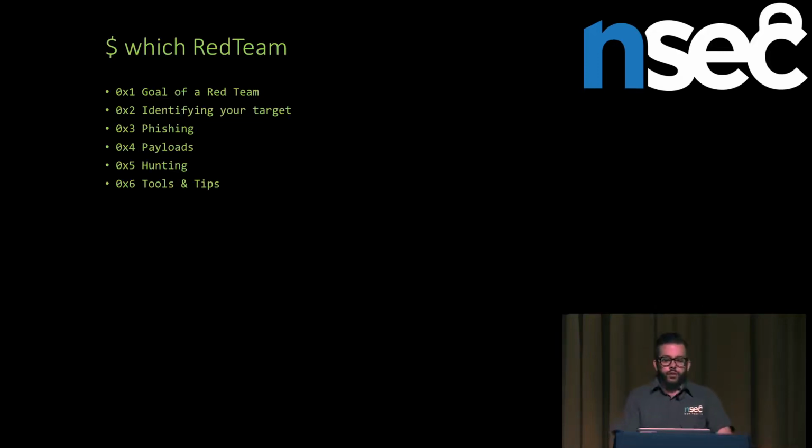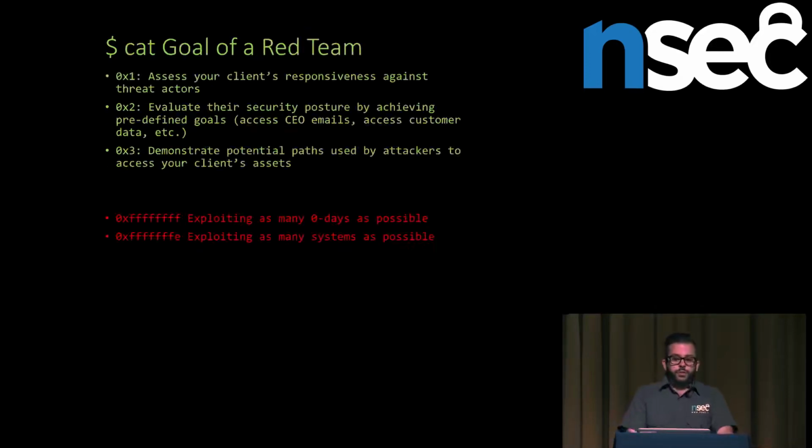So first of all, the goal of red team. Obviously, you want to assess your client's responsiveness against threat actors. Usually, when you perform an internal penetration test, you're going to run an automated scan that's going to give you a big picture of everything they have in their network and a bunch of unpatched software and stuff like that. Usually, red teamers are not going to run automated tools because we want to assess if they're able to actually detect us. So we're trying to be a bit more quiet over the network. So we provide a different kind of feedback.